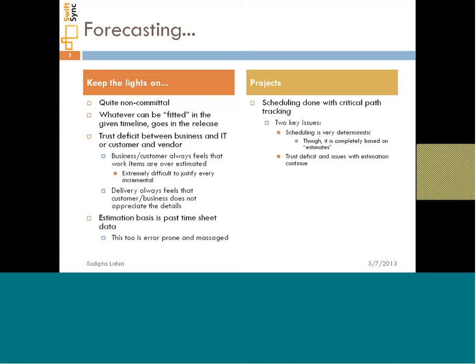But the key catch of this model is that the schedule, which is the final end date, is an absolute end date, which is very deterministic in nature, whereas at the grassroots level, each and every work item that has been estimated and that makes the schedule is fundamentally an estimate, so it is a guess. There is the estimation bias and the estimation inaccuracy that creeps in whenever we estimate anything, not just projects, but anything.